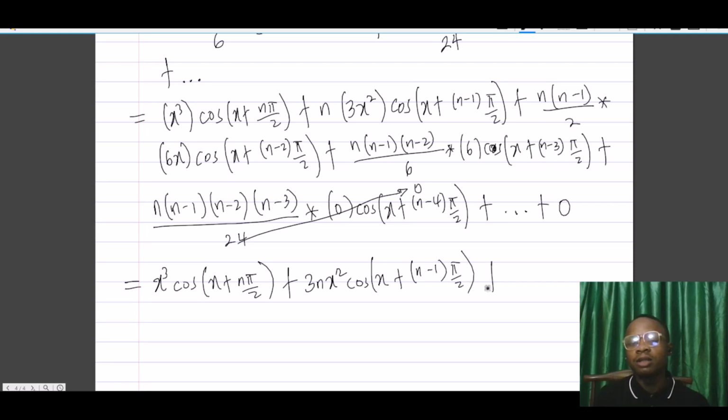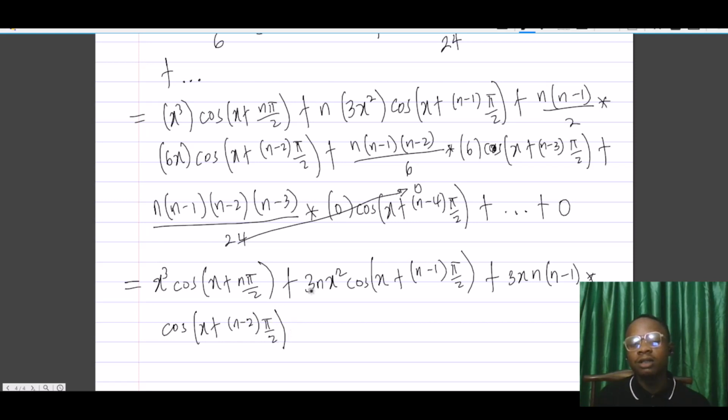Then plus the next one, we're dividing this by 2, so this will be 3x into n multiplied by n minus 1. I mean, those are the coefficients we have here. Then multiplied by cos of x plus n minus 2 into pi over 2,